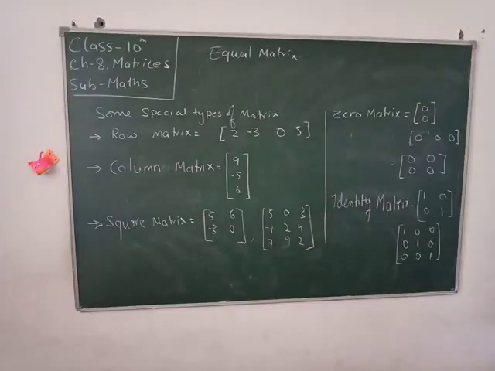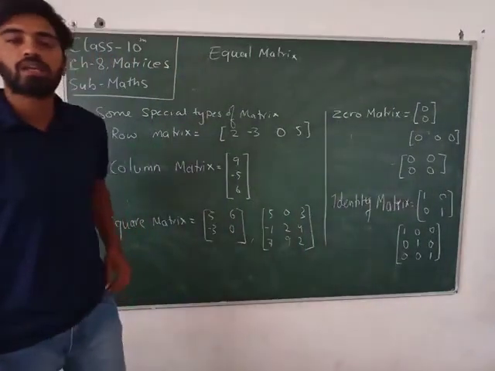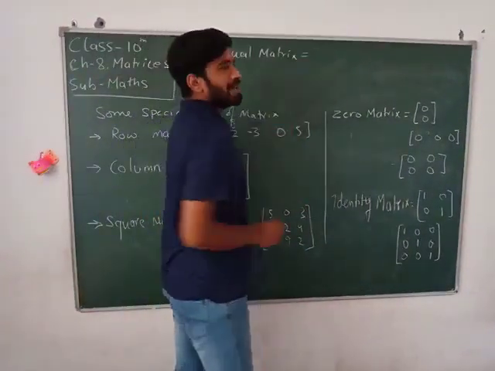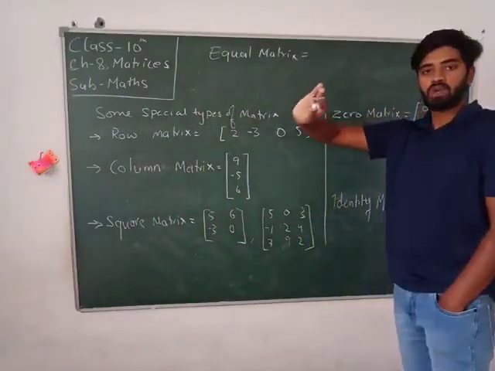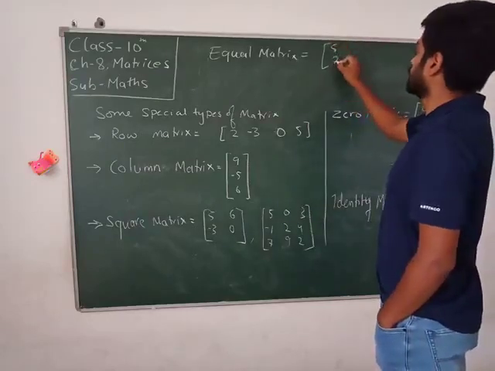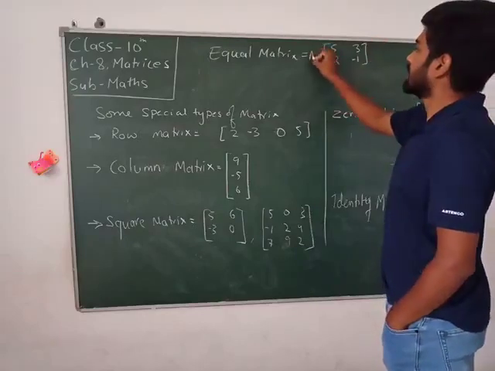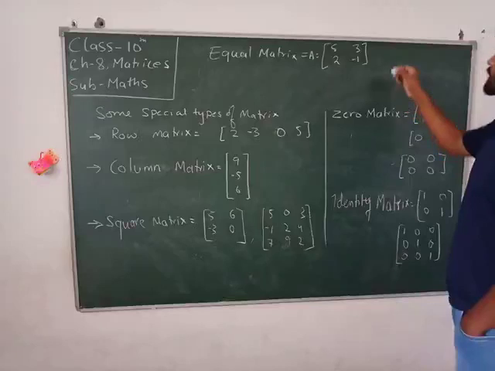Okay, let's have a look. What is an equal matrix? First we will look at equal matrices. What is an equal matrix? An equal matrix is any matrices that are given equal. For example, I'll just make you understand with the help of an example. Let's say 5, 2, 3, minus 1. This is the name of this matrix. The name of a matrix is always written with a capital letter, A equals